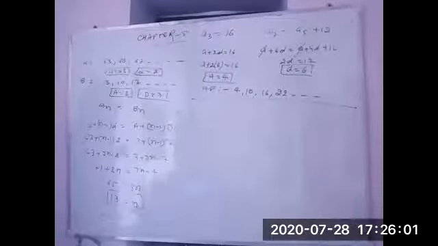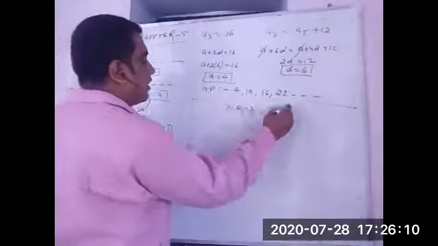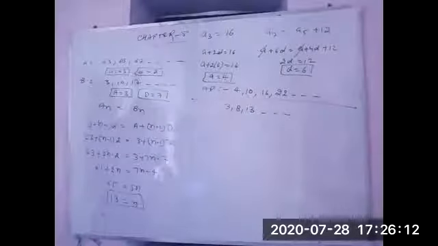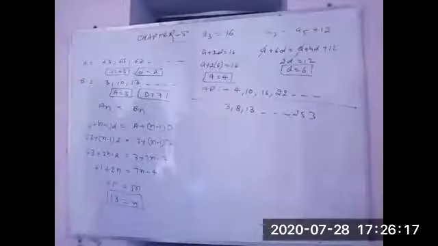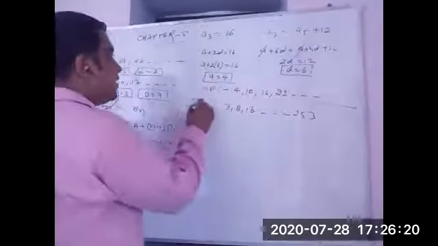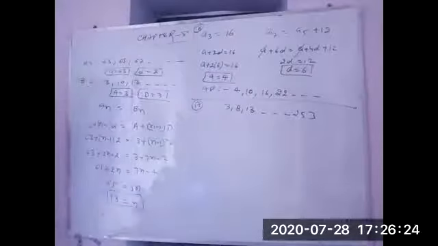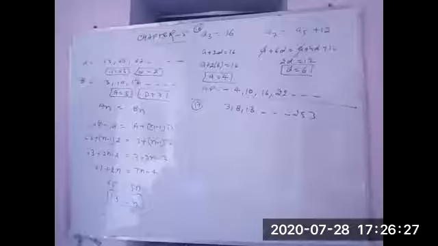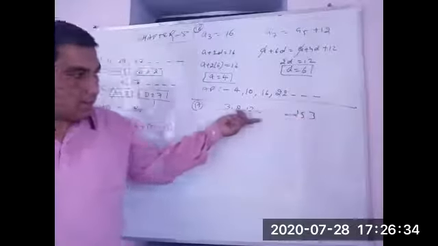There is a little trick there, which you have to understand here. An AP is given: 3, 8, 13, and so on, and the last term is given as 253. In this question number 17, there is a little trick which they have asked. What is the trick? They ask the 20th term from the last. Means they are not asking the 20th term from here, they are asking the 20th term from here.